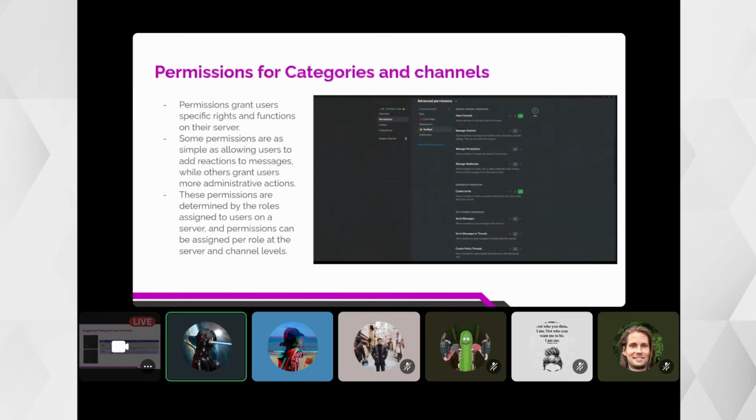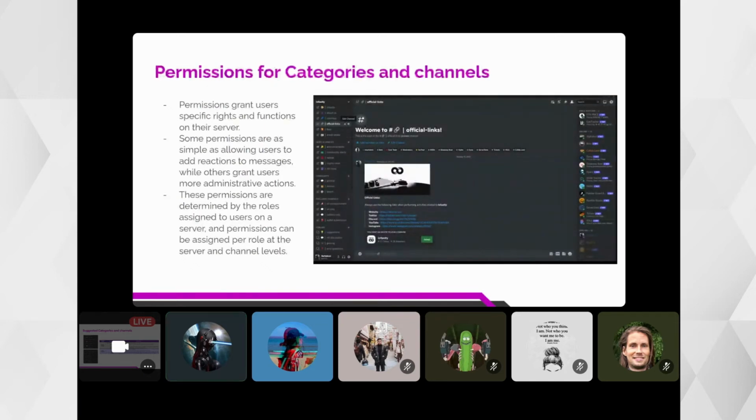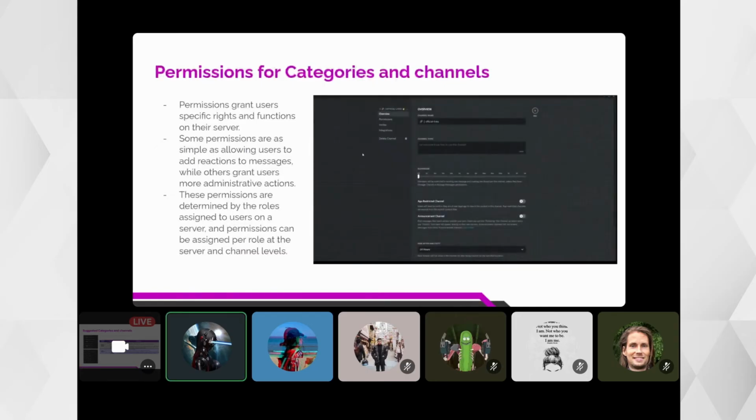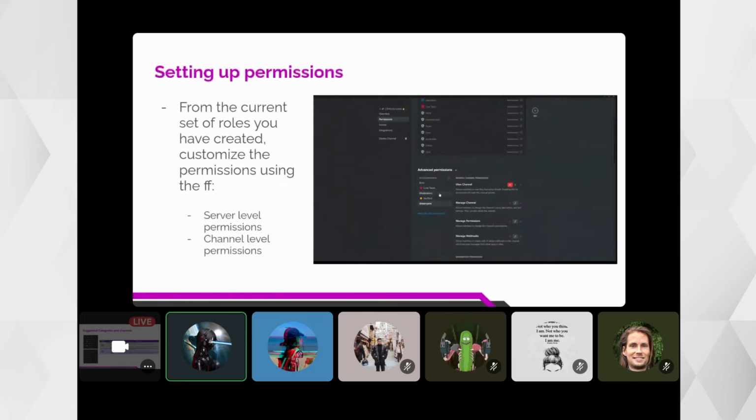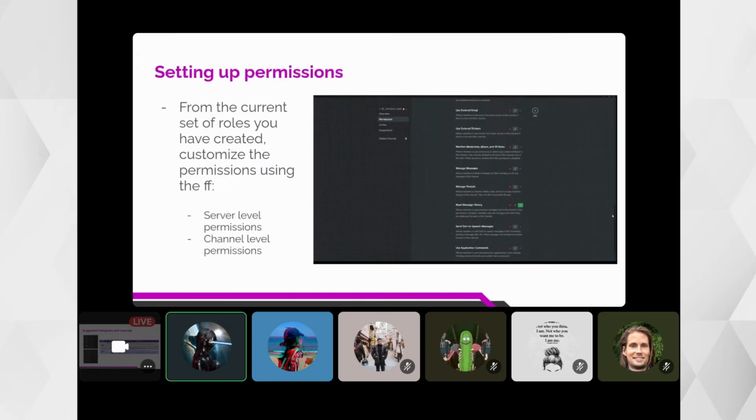Then we can assign permissions per role at the server level and at the channel level. So there are two types. First, how to set this up. From the current set of roles you have created initially, you can customize the permissions using the following.